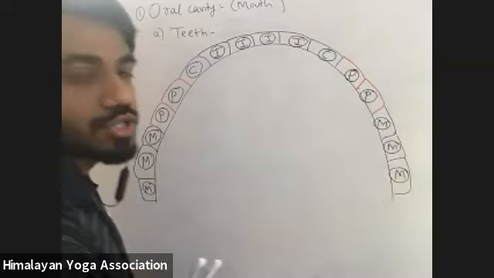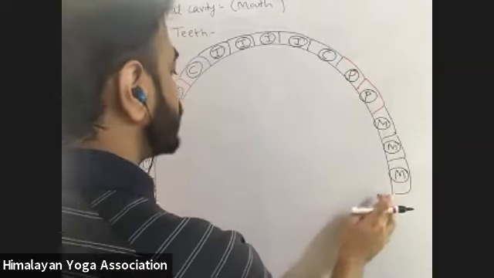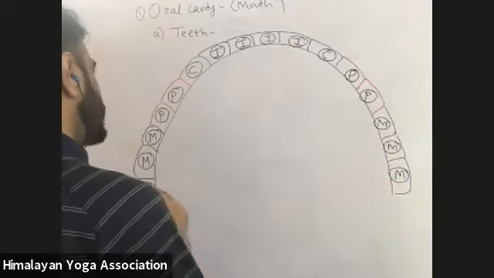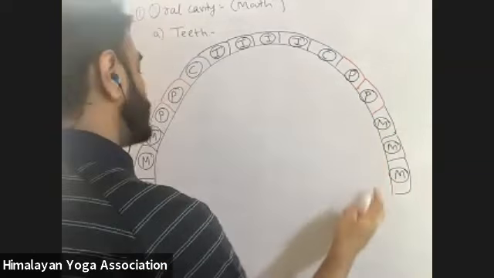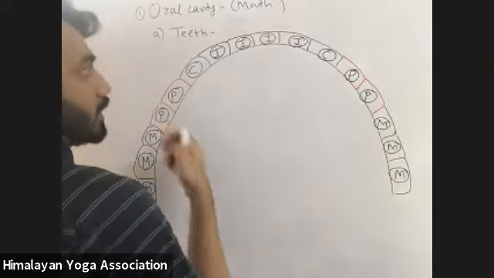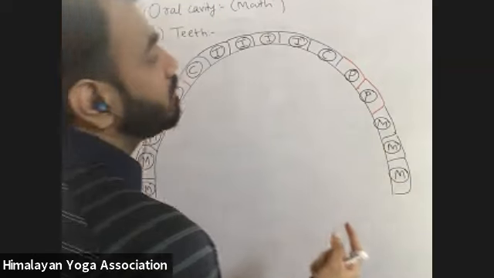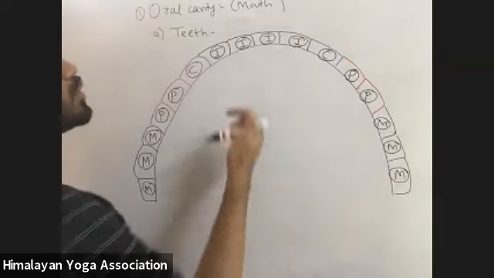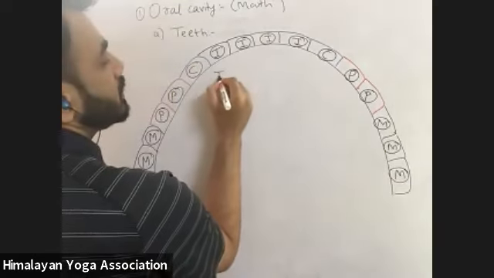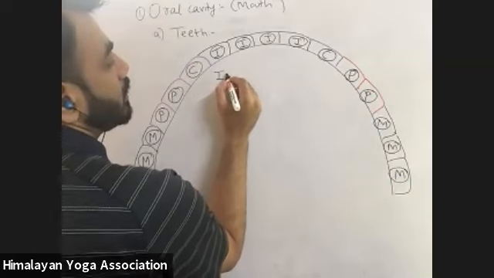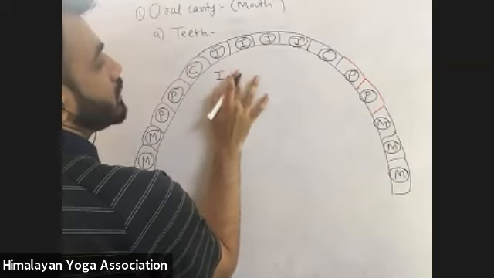If you have a question like, where is the wisdom tooth? The wisdom teeth are included here. This is the group of molars. Each and every tooth has a different role. So the total number of incisor teeth I will represent